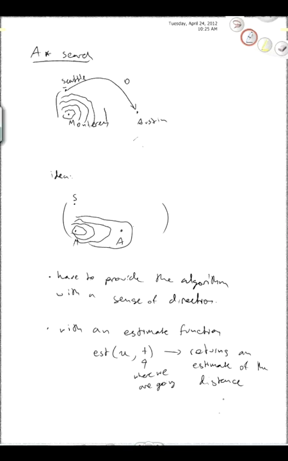The kinds of possible estimates that we might have for a problem like this would be something like the Cartesian or Euclidean distance between lat long locations. Or another one that would work just as well would be something like the great circle distance between the two nodes,